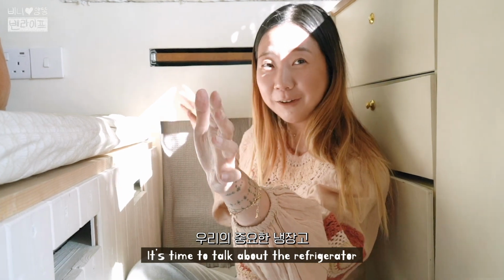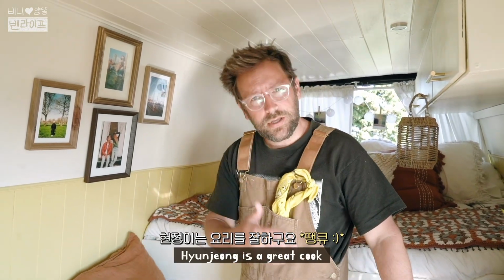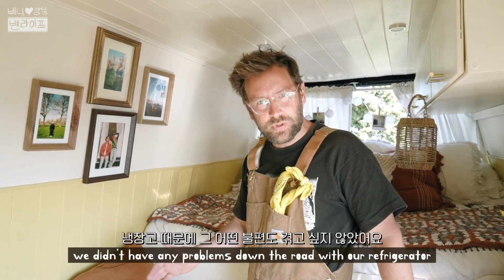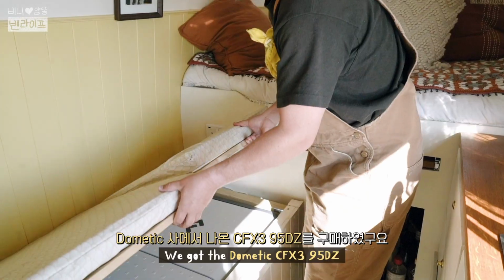Alright. 냉장고, our important refrigerator. We spent a lot of our budget on our refrigerator. Hyunjung is a great cook. She loves to cook. And we wanted to make sure we didn't have any problems down the road with our refrigerator. We got the Dometic